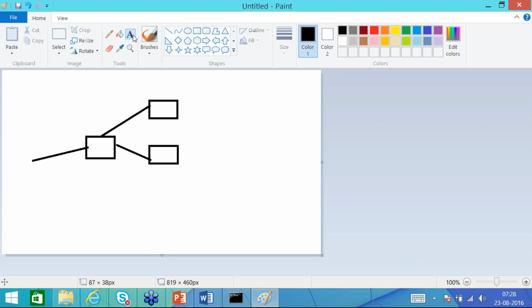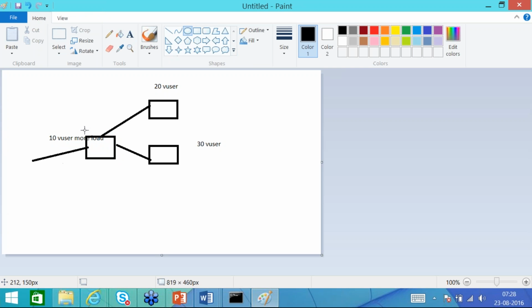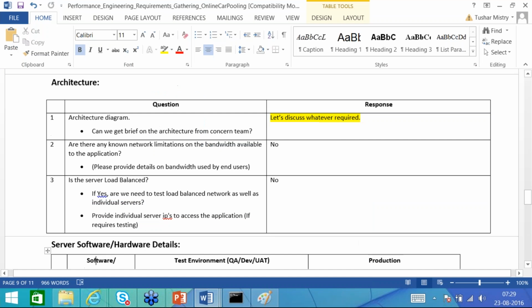Say currently 20 virtual users and 30 virtual users are already running, and the user puts 10 more virtual users of load on the application. Internally the application will decide to which server it will redirect the traffic. This server already has less traffic, so the 10 users will be added to this server. This is known as load balancing.